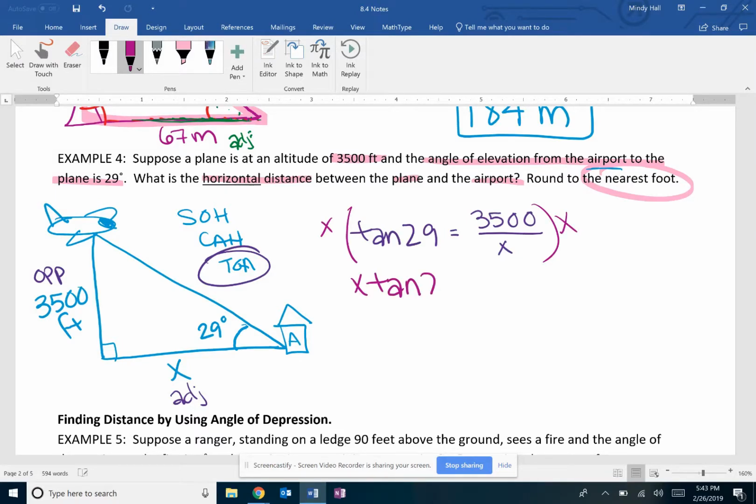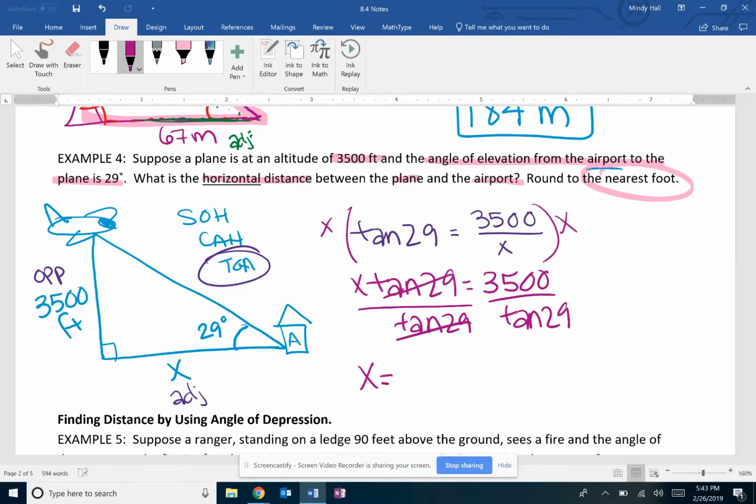So X times tangent 29 equals 3,500. And then you can divide by tangent 29. So that goes away. So then when you do 3,500 divided by the tangent of 29, you get